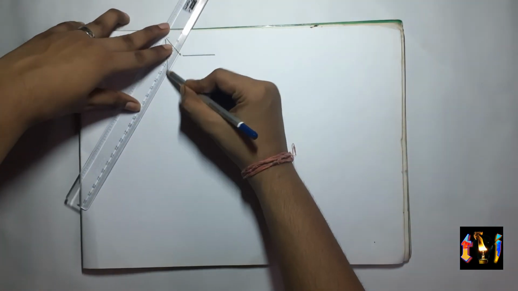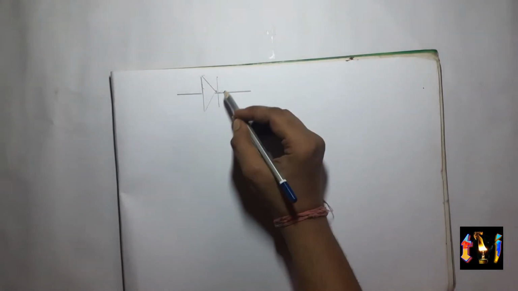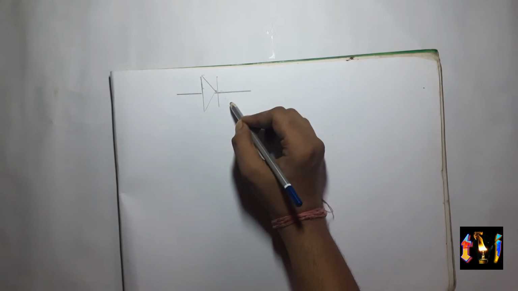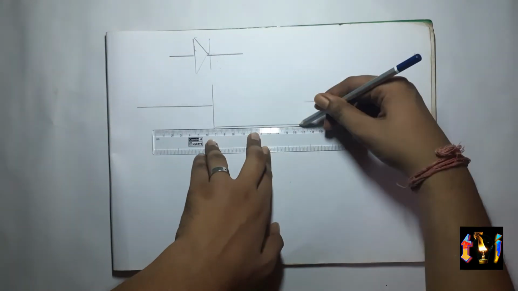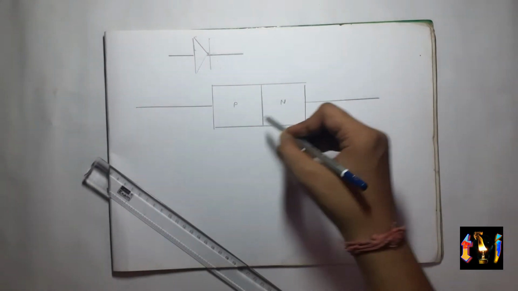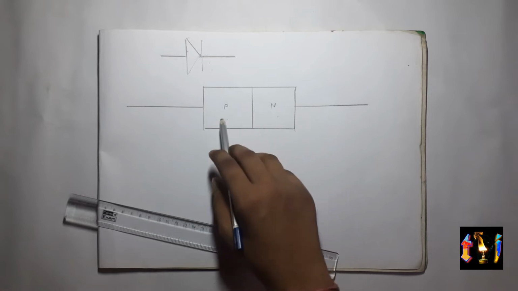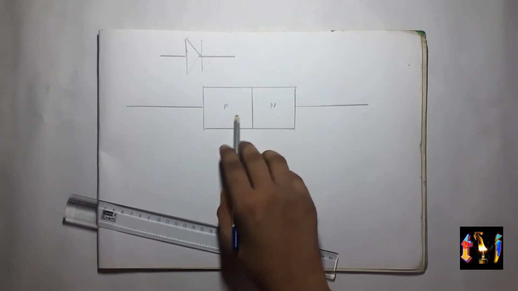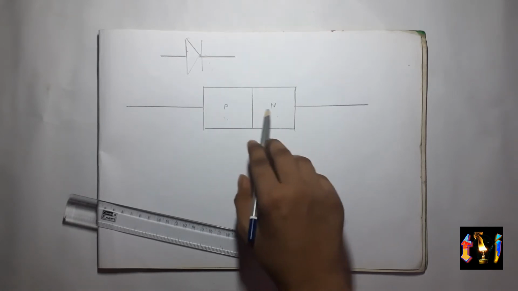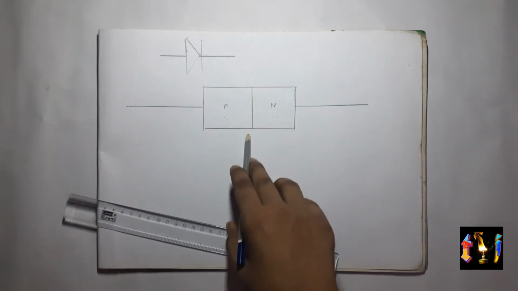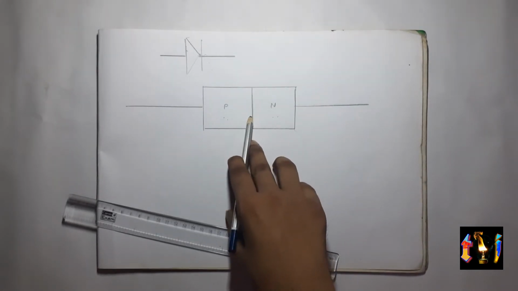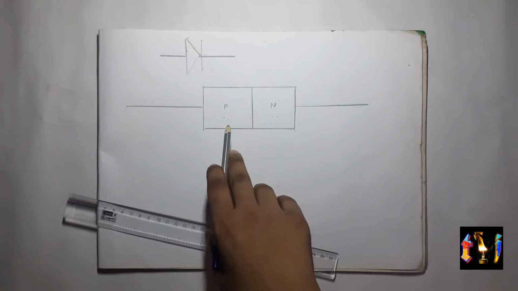Now the question comes, how do diodes work? So let's get to the copy. So this is the diagrammatic symbol of a diode. A diode internally looks like this. This is made up of silicon and is divided into two parts, the positive plate and the negative plate, and a junction between them, which is known as the PN junction. This is a PN junction diode.